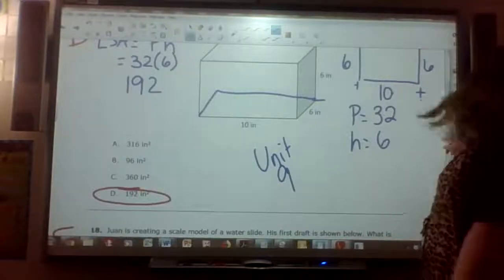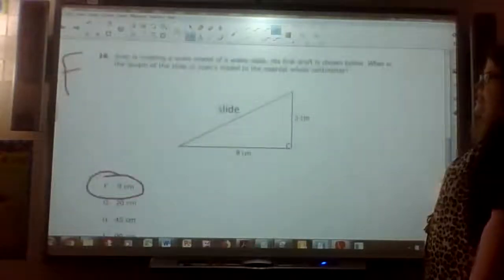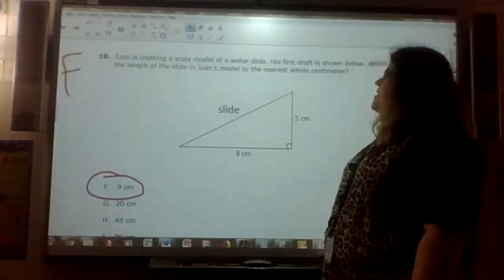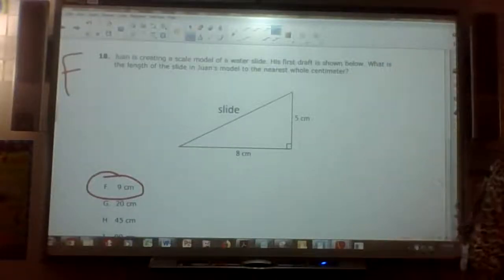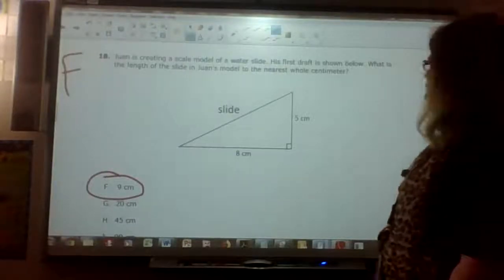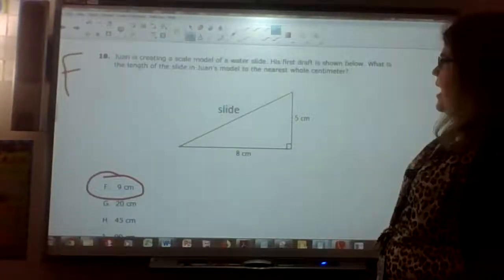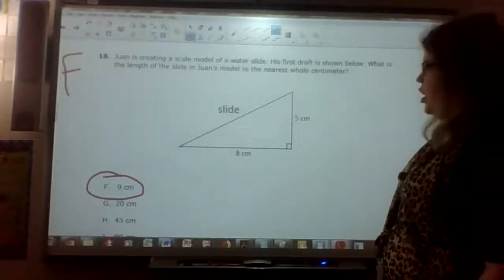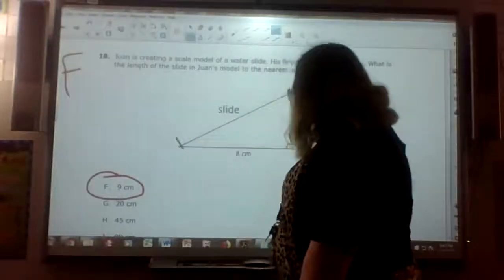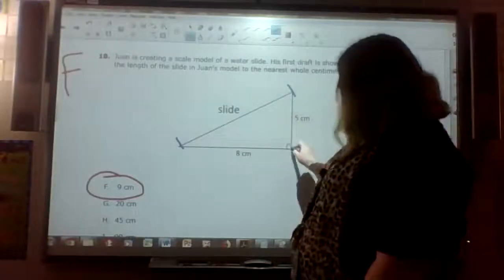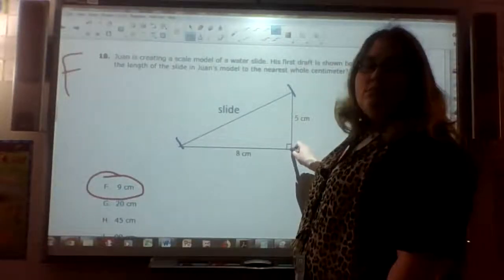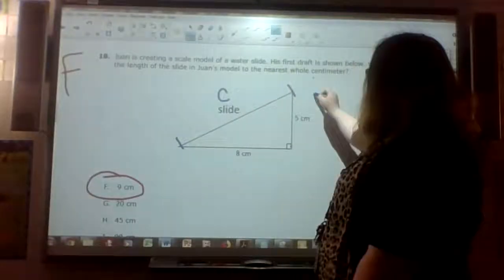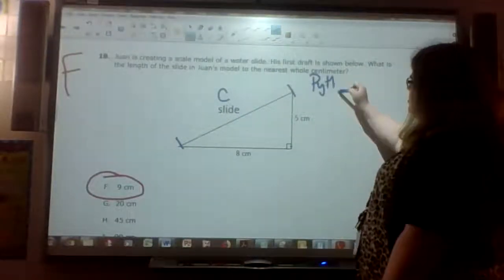We're almost there. Number 18. Juan is creating a scale model of a water slide. His first draft is shown below. What is the length of a slide in Juan's model to the nearest whole centimeter? So we're looking for this measurement. This is a right triangle. That means we are looking for C, and we're going to use the Pythagorean